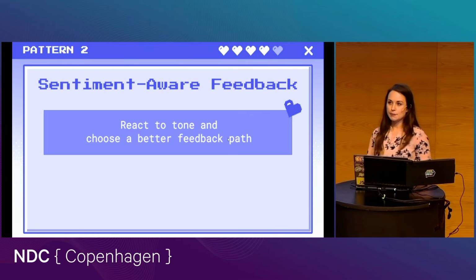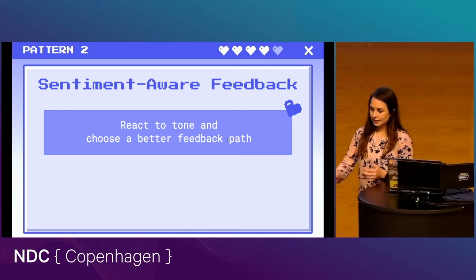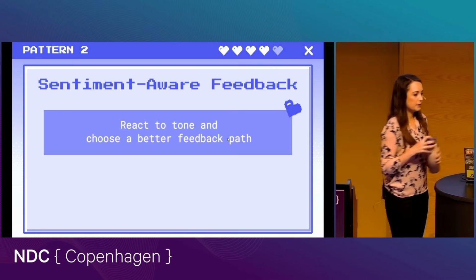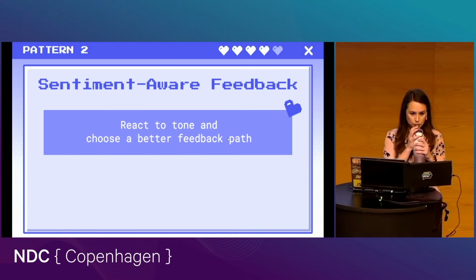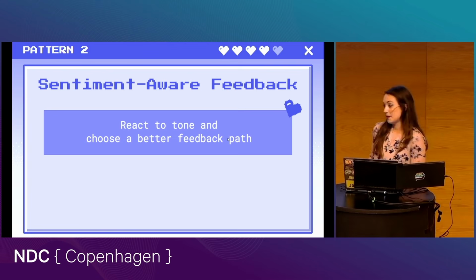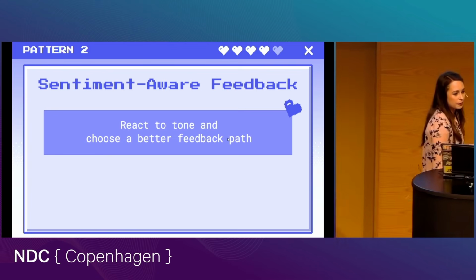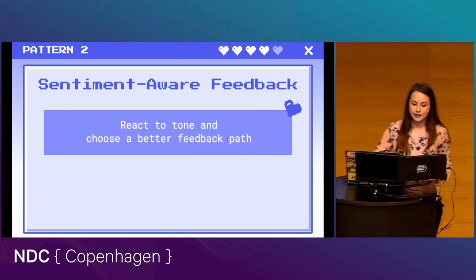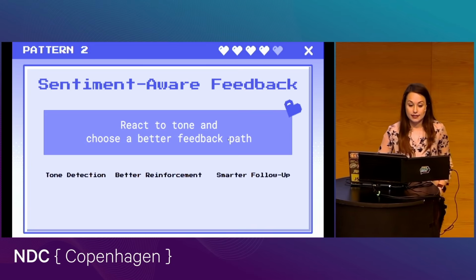So that was our first pattern: dynamic content. Now the second pattern is sentiment-aware feedback, or sentiment-aware analysis. And this is where our app starts to feel a bit emotionally aware, a bit more in tune with what the user is feeling. So this is not about creating brand new content in this case, right?